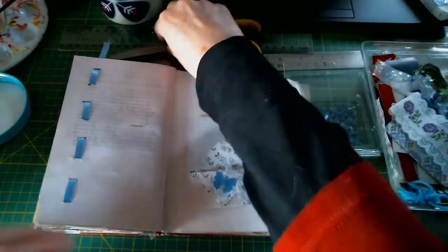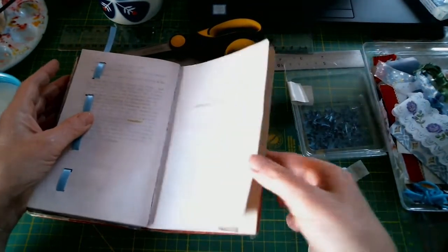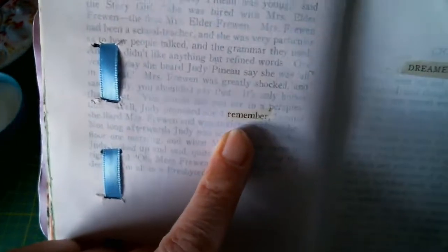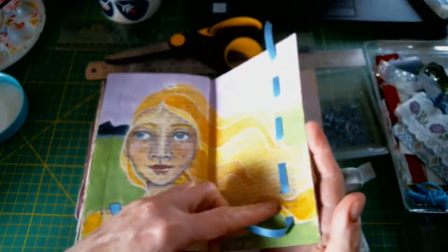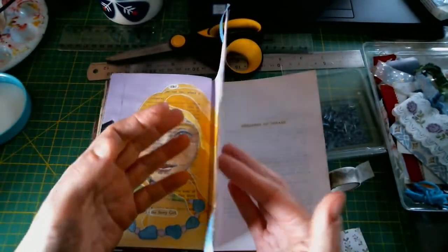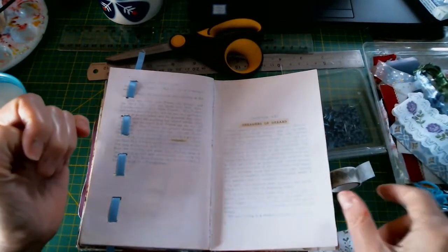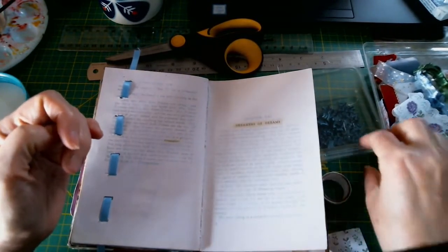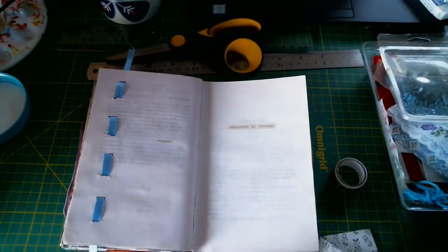So on this page I found the word remember. So what I did was, inside here in my sort of secret pocket, I wrote down what I was feeling on that day, which was the 20th of August, and just to remember that. So on this page I'm going to say,